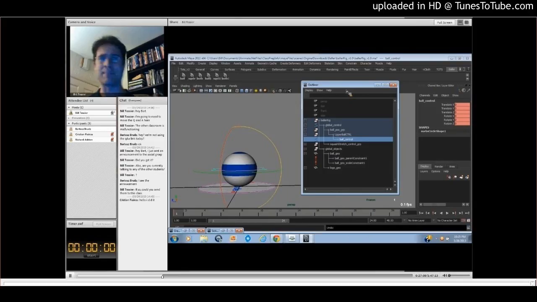So if you get into gimbal lock, there are things that you can do to basically make it a better situation. So let's set some keys here. All right, so I'm going to set a key on that. Let's move it through space here. Okay, and then let's do a rotation. So in this case, rotating in the X direction, so I'm giving it a few 100 degrees of rotation there,